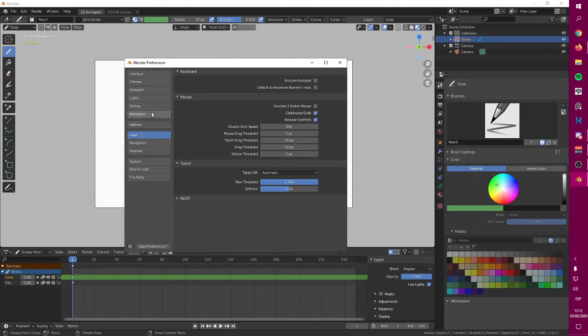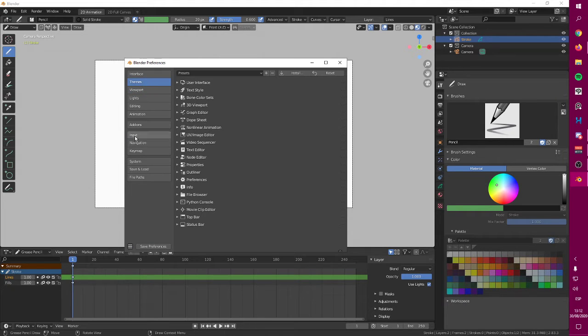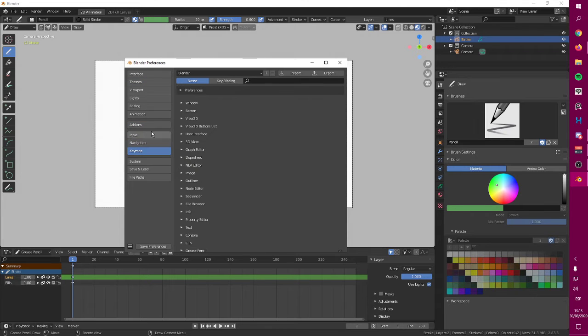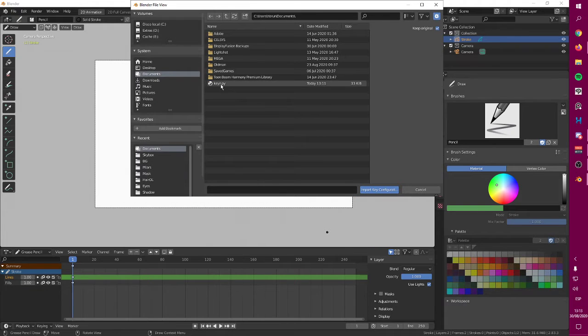Okay. So I'm going to make things easier for me, and maybe for you. Let me check this out. Input. Yeah, I'm going to import the preferences that I normally use, so you can use them too.